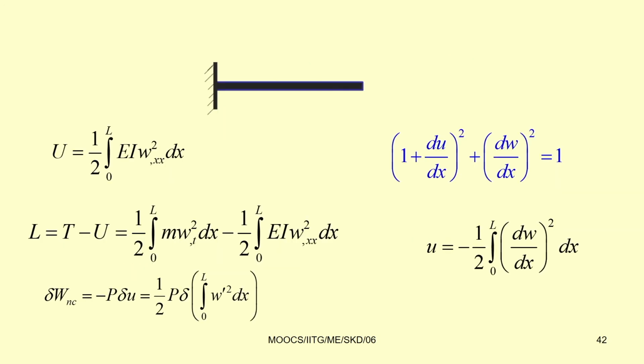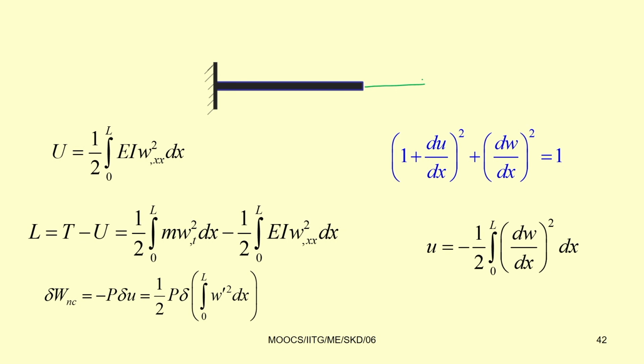Let us take one more example. In the previous one we took a discrete system. Let us take an example with a continuous system, where a force Pt is acting in the axial direction. We have a cantilever beam subjected to an axial force Pt, and for this system we want to derive the equation of motion. Let m equal mass per unit length, and take a small element dx at a distance x.